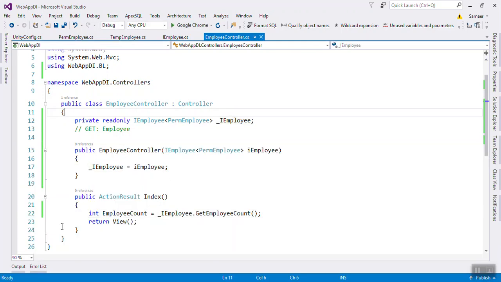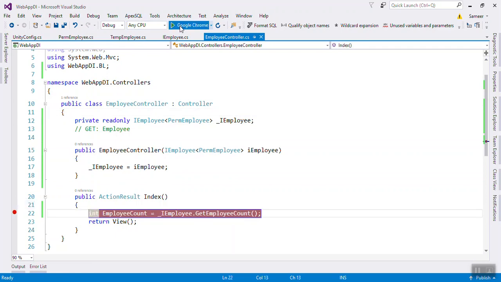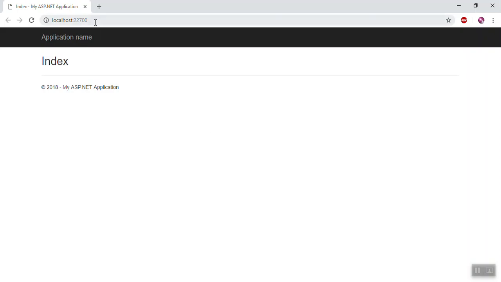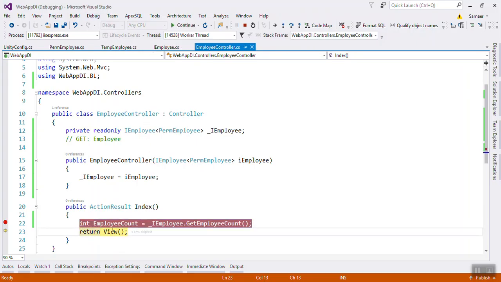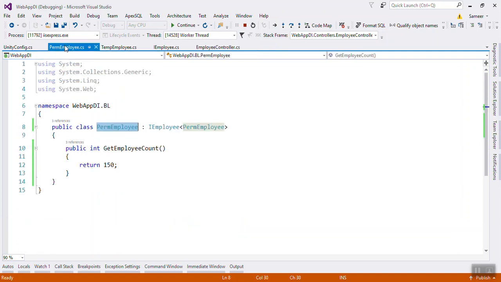Okay, build succeeded. Now I will check that one, just run. And here you have to write imply, just press enter. So now you will see what the data is. Now it's coming 150, because of that permanent imply it's returning 150. If you want to use that temp imply, what you need to do,